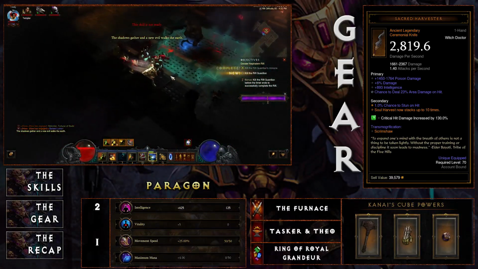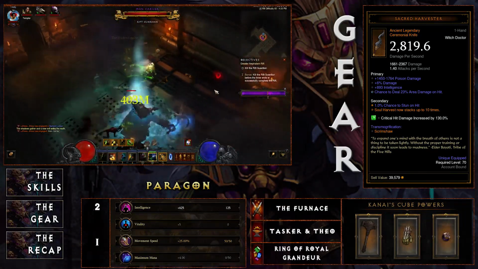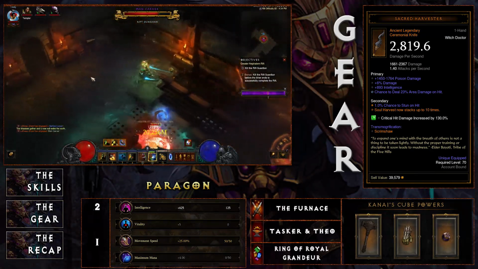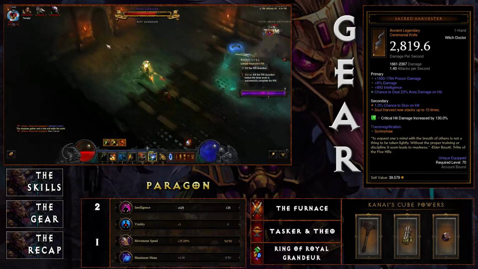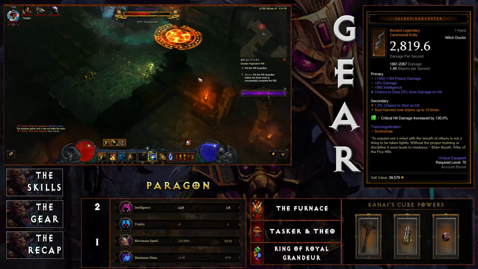For the weapon, a Sacred Harvester is a really good option here. You can go other directions, but as mentioned, at high greater rifts, you will need the extra toughness. This means that Soul Harvest will now stack up to 10 times. Now, getting those extra stacks means more damage mitigation, which is why we chose the rune that we did in